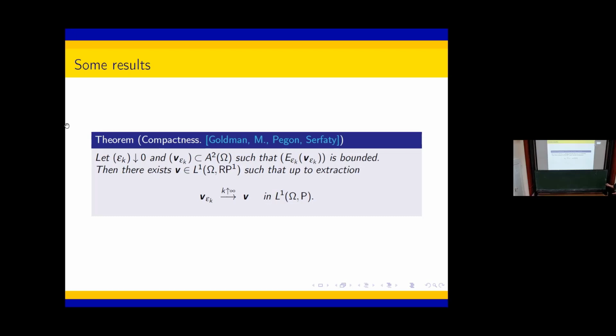I have pointwise convergence almost everywhere, and V is in RP1. Okay. But in general, it's not curl-free. So this is why I'm insisting. We lost in the limit